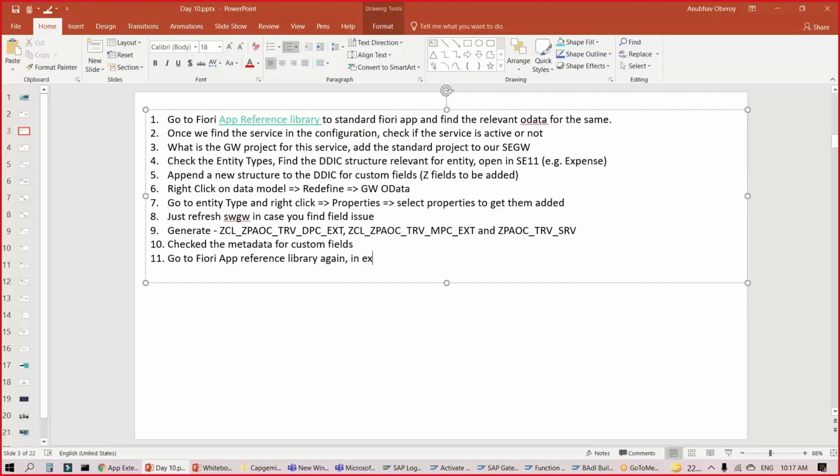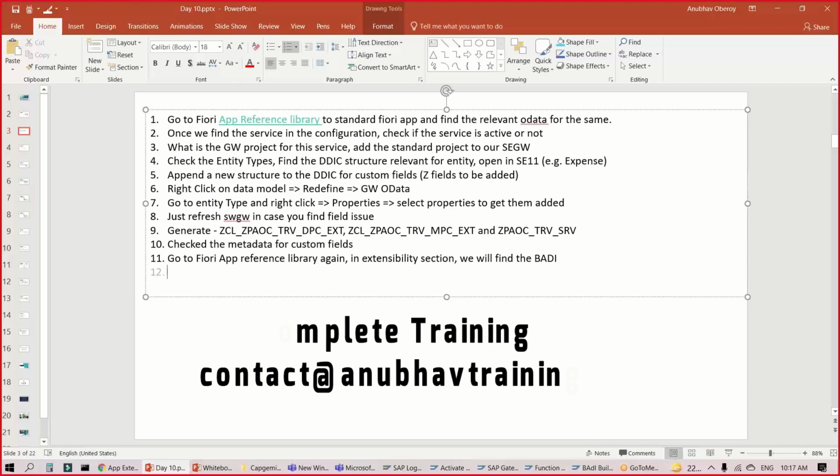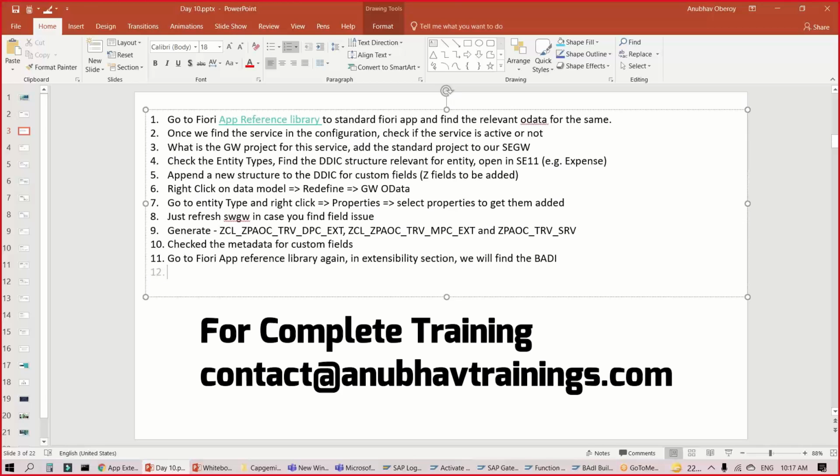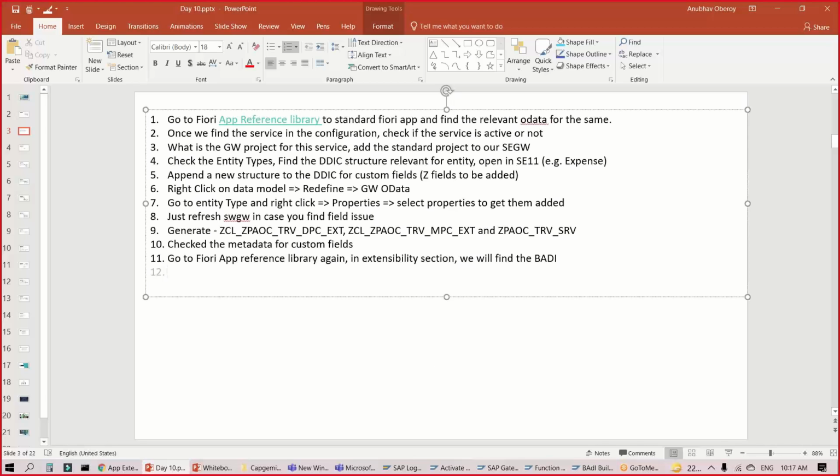In the extensibility section, you will find the BAdI. Almost for every application which we have, these BAdIs have been there for many years. So bringing Fiori and OData doesn't mean we eradicate all the classical ERP functionality.